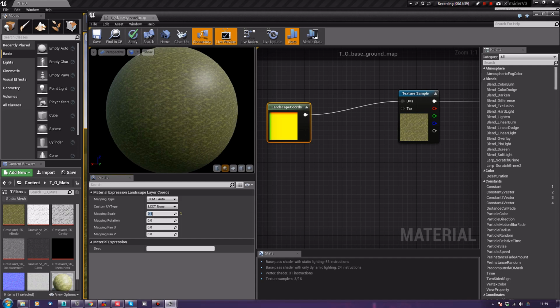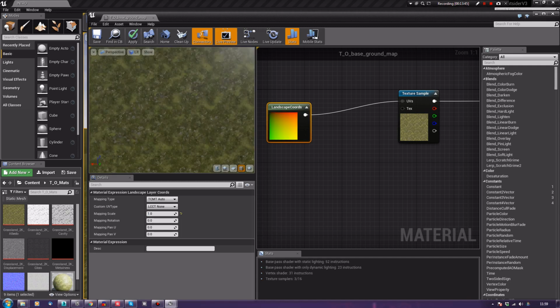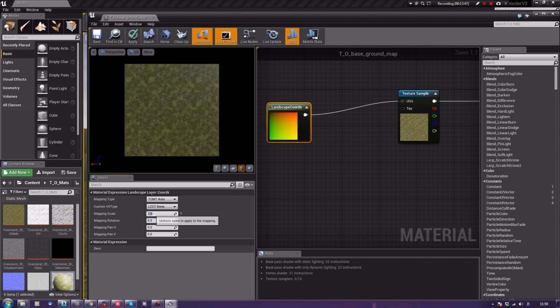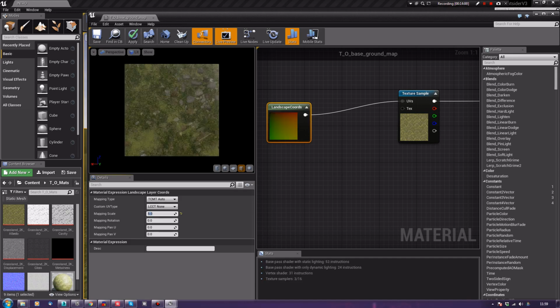Check the difference there. Hang on, I'll just swap it into a cube so you can see it a bit better. So that's a scale of 1. That's a scale of 0.5. Okay, and this is a scale of 5. See how on 5 we're starting to zoom in quite a lot here. So if I click save,